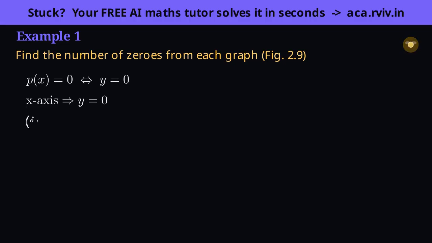Now we just count, graph by graph. Graphs 1, 4 and 5 each meet the axis at a single point, so 1 zero each. Graph 2 touches the axis in 2 places, so 2 zeros, graph 3 in 3 places, so 3. We are literally reading the answers off the picture. And graph 6 meets the axis at 4 separate places, so 4 zeros, the most on the page, and a hint its polynomial is at least degree 4.